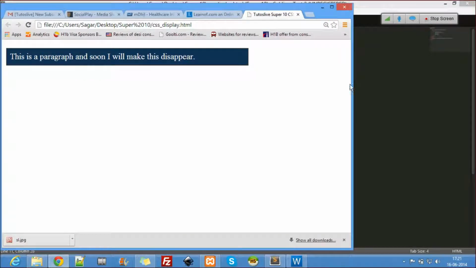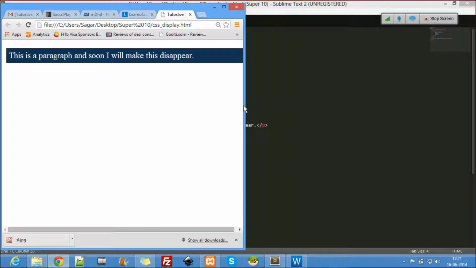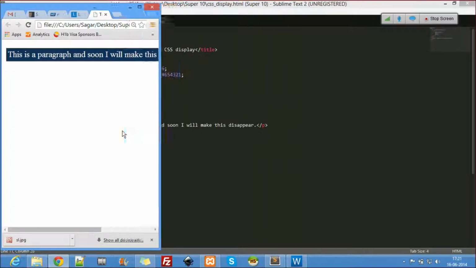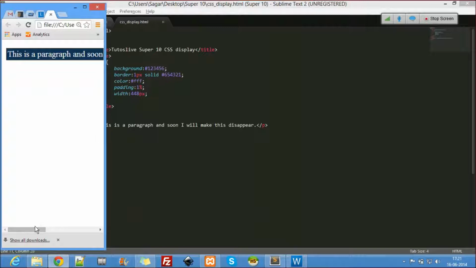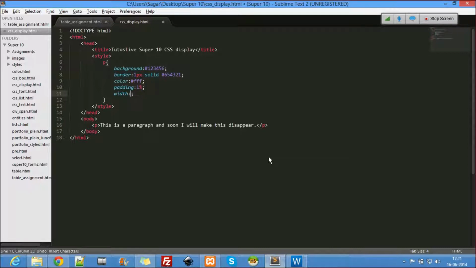Now you see that this is a tablet, it looks the same. This is now an iPhone. For an iPhone, I have to scroll here to see it because the width is that much. So it's a bad design, right? That is the reason we have to go for the percentages.